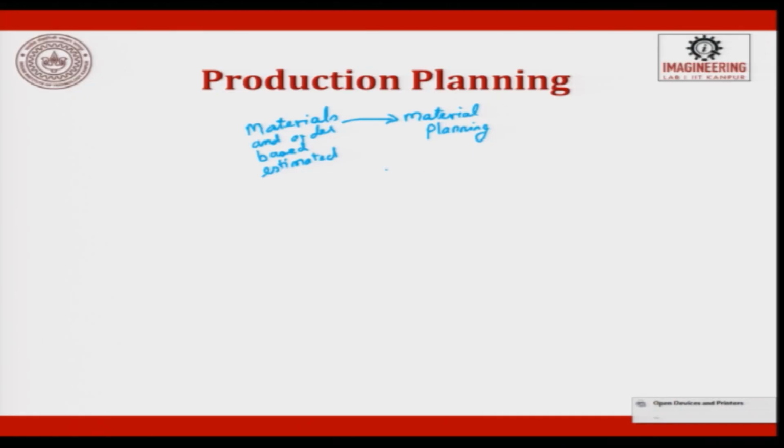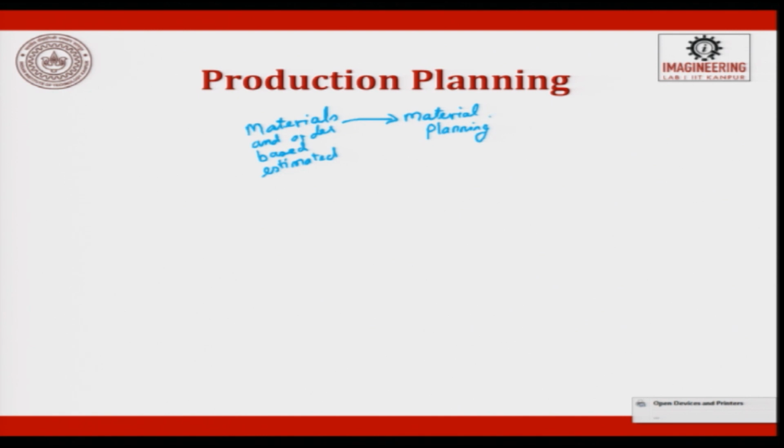How many times will you go to the market to buy butter? Once in 15 days. How many times will you go to buy cashew nuts? Maybe once in a month or once in 3 months. So, that is what material planning is. And how did you decide on so much variation? Because it depends on the perishability, and it depends upon the cost. Should I buy 1 kilo and keep an inventory for the rest of the year, or should I buy only 100 grams of that? That is material planning.